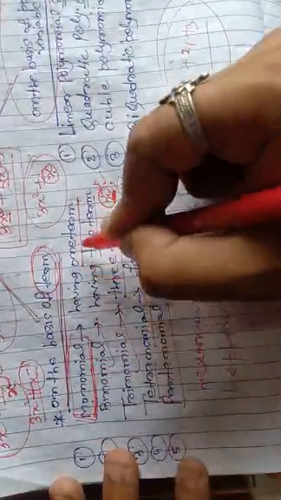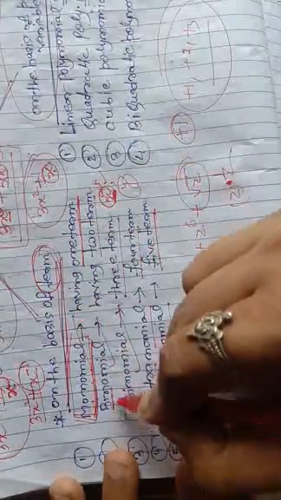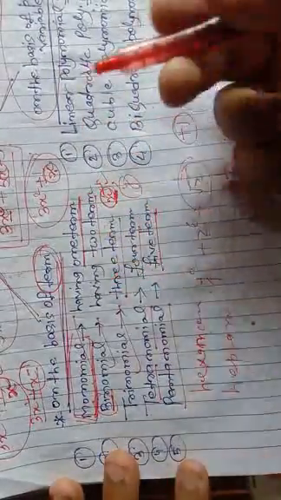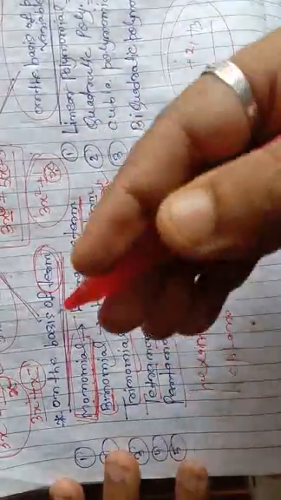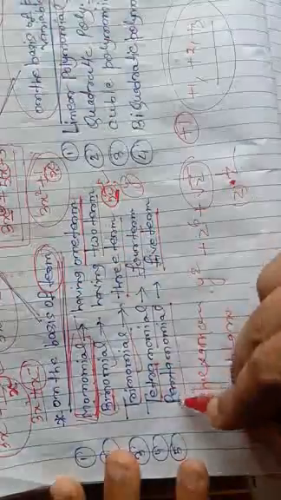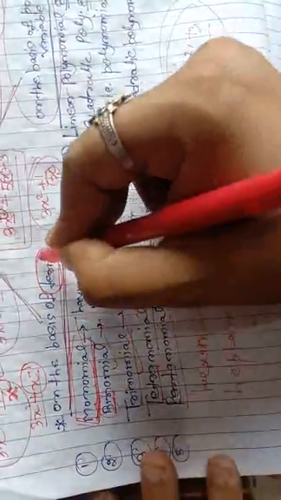Monomial means if a polynomial has a single term only, this is called monomial. Binomial means bi stands for two, so if a polynomial contains two terms, this is called binomial. Trinomial means if a polynomial contains three terms, trinomial. Tetra means four, penta means five terms, hexa means six terms. In this manner we can give name to the polynomial on the basis of the terms.